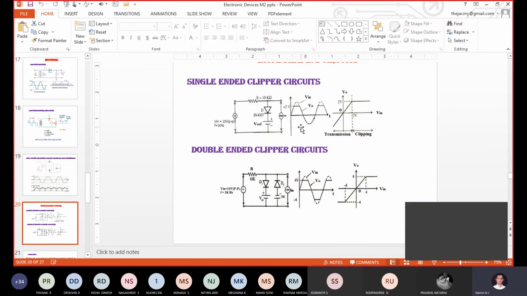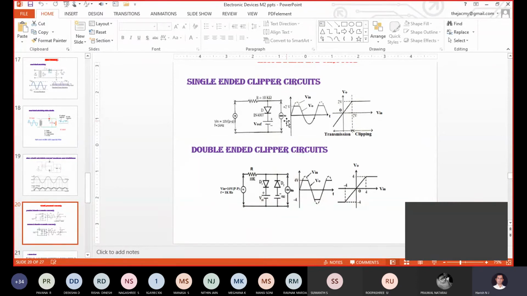At the same time, the diode requires a minimum of 0.7 for its conduction. It may turn on or it may turn off. For turn on, more than 0.7; for turn off, less than minus 0.7. So up to that particular voltage range, we are not able to remove the signal. Right now you are cutting 2 volt, no problem. But if I have to allow up to 0.5 and remove above 0.5, is it possible to do that?